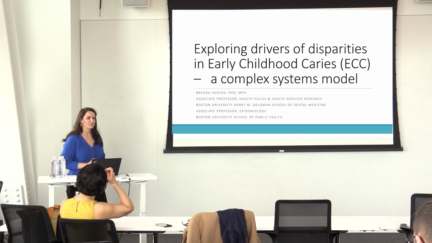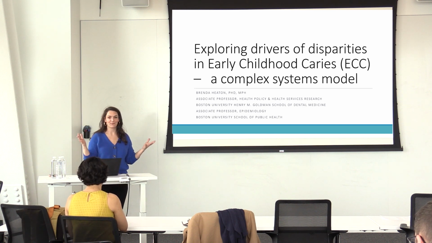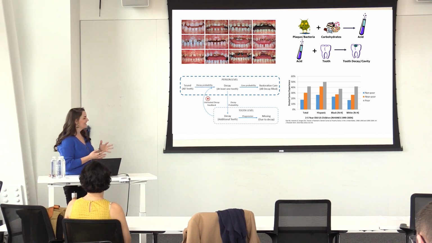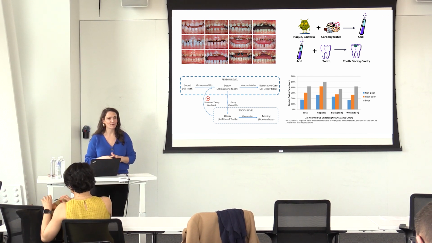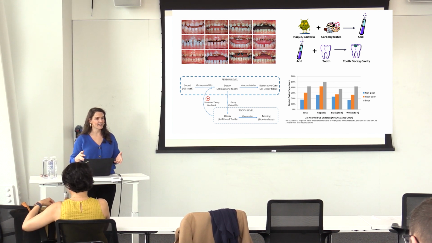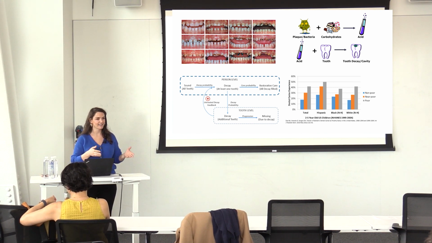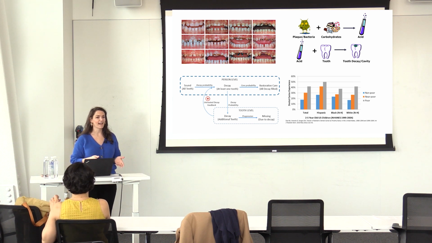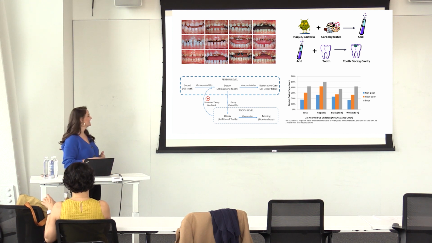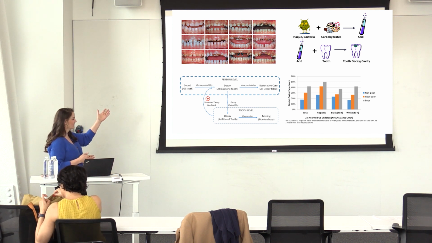All right, so teeth. That's what I study. And what you see here is a depiction of what we call early childhood caries. Early childhood caries is a disease that occurs in kids. It's the occurrence of cavities in kids before the age of 6. Kids should not be getting cavities before the age of 6. They are entirely preventable. And what we see in some kids are apple core teeth.